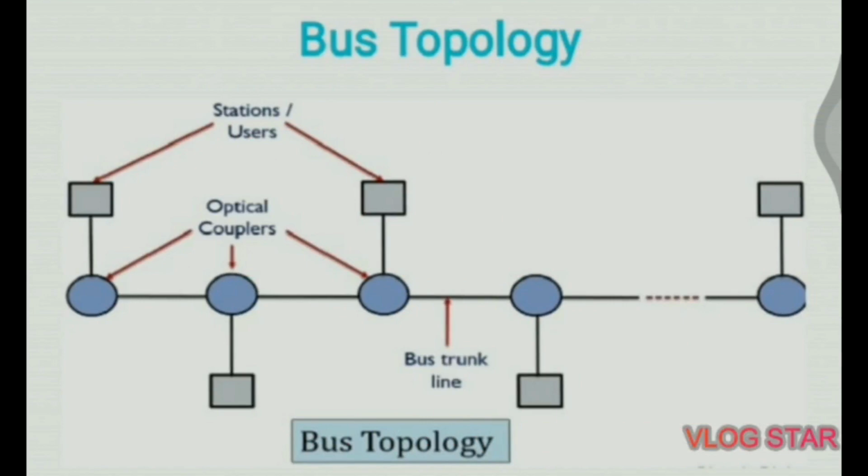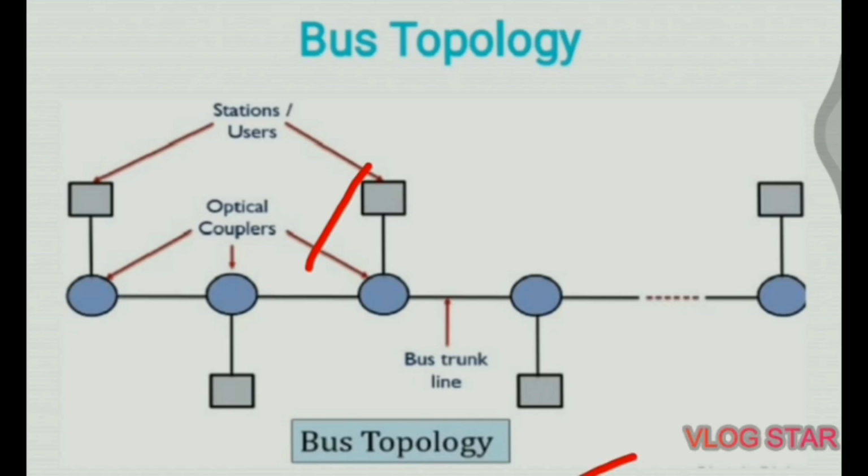Here in this figure we can see the bus topology. In a bus topology, the various nodes are connected through a single trunk line with the help of optical couplers. This allows a convenient as well as cost-effective method to transmit the signal. However, in a bus topology, it is difficult to determine the faulted node, and it also takes time to restore the transmitted signal from the particular node.